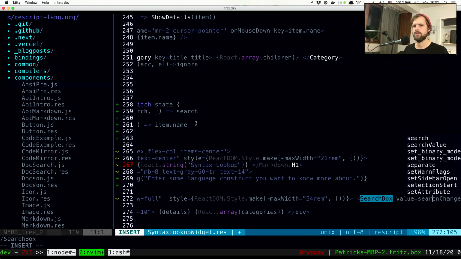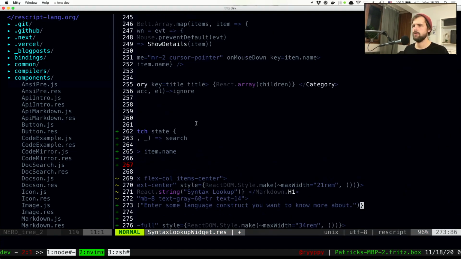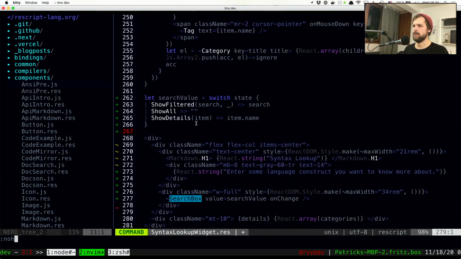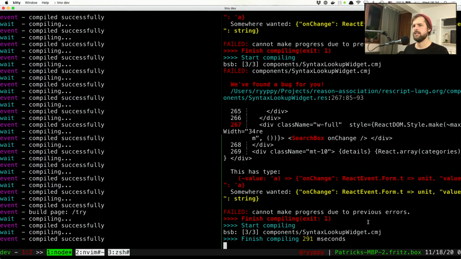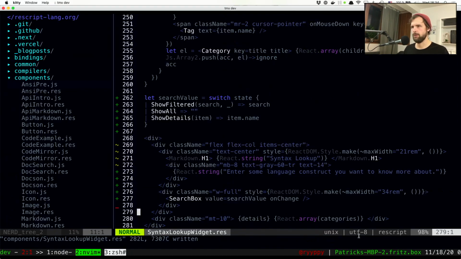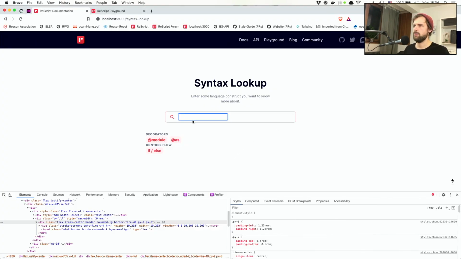Value equals search value. We reformatted the whole thing and now everything looks nice and dandy. If we save that, we see in the compiler that everything built correctly. And hopefully